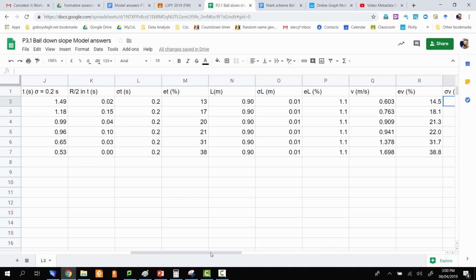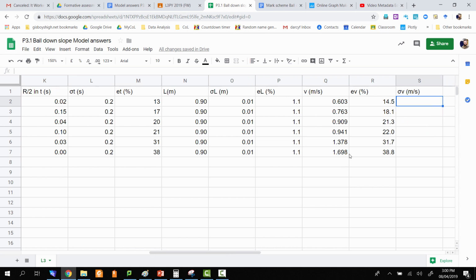And we work out our absolute uncertainty. Here we go, absolute uncertainty in V, which is equal to our 14.5, turned back into a decimal so we can use it to multiply the value of V. So we're going to work out 14.5% of V, which is 0.087. And let's drag all that down to there. So we've now got all our uncertainty data. Let's copy all,